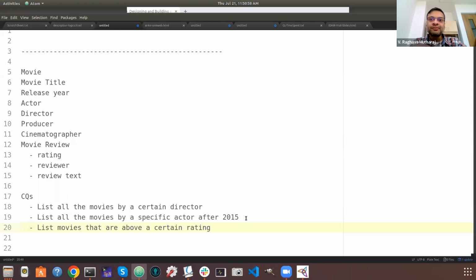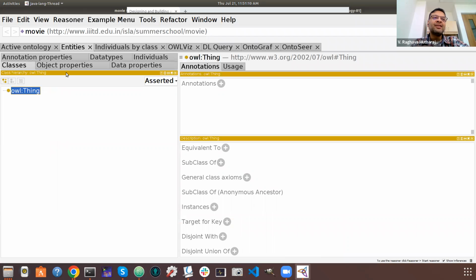Okay, so now that we have done this, we can start putting these terms in the ontology. Under entities, we have classes, object properties, data properties, and individuals. These are the important ones. And like I said yesterday, this is the top concept. That means it's the class of all classes, the parent class for all classes. It's equivalent to the set of all sets, or like the God concept, the super